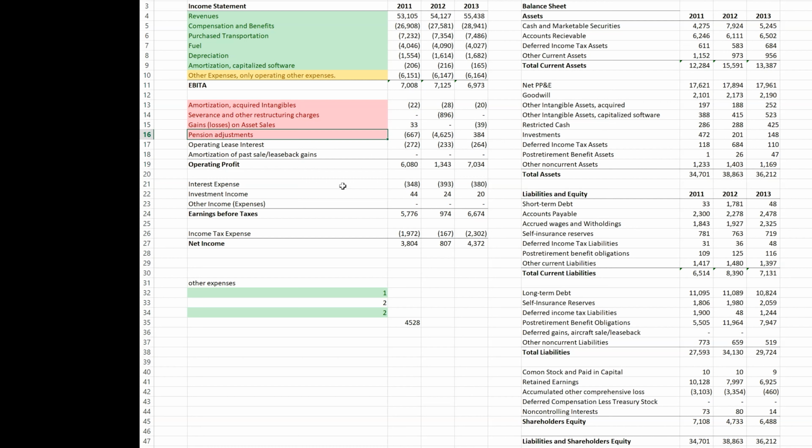Now, most older companies had pensions. Most companies these days don't have pensions anymore. They've all switched to individual retirement planning, and you'll get a 401k. So these pension adjustments are money that has been promised to their ex-employees. Now, that's why the rule of thumb, the general wisdom, is that this isn't operating in nature, because these are no longer employees. But my feeling is, and again, this is just a little soapbox that I have,